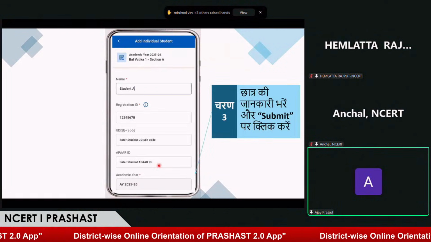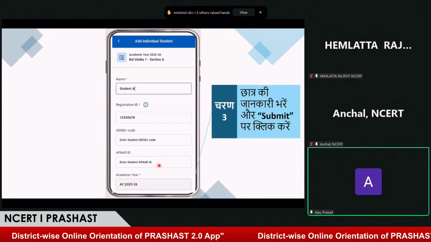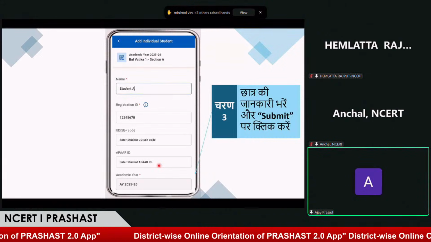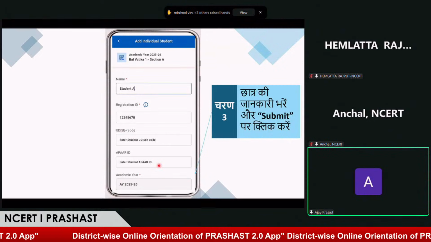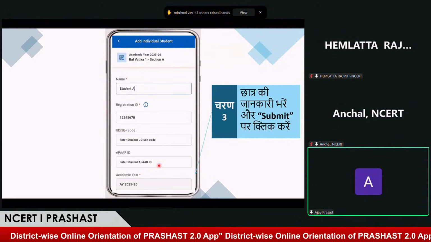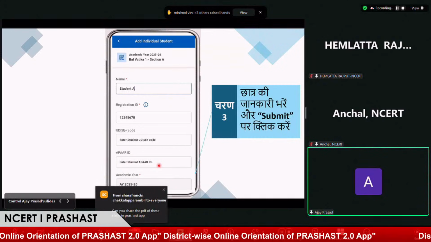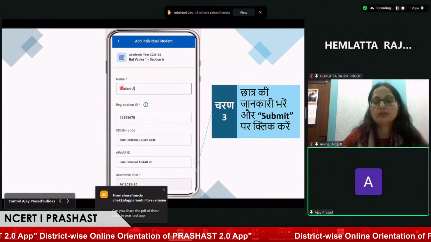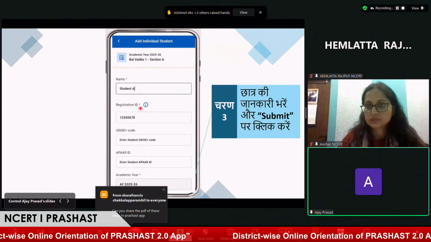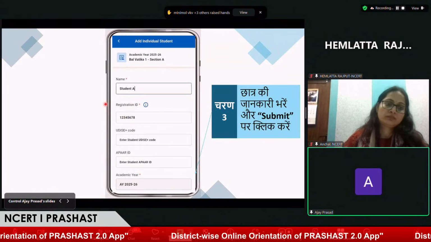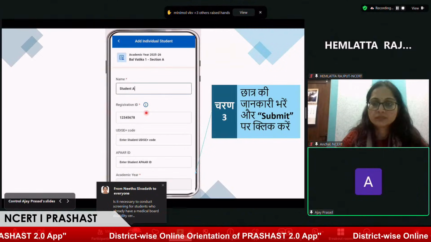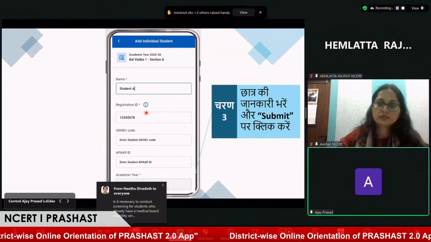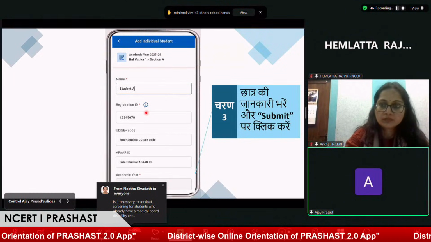Once the teacher clicks on add individual, a form will open where the teacher will fill in details of the student: registration ID, UDISE code, PAR ID, and once we scroll down, there are other details like the student's mobile number and parents' details. Here we would like to highlight that the student name could be as per their record or the school record, but for registration ID, please make sure this is a unique number given to the student. In any school, a student will have his or her unique registration ID. This could be any alphanumeric number that is followed by the school.